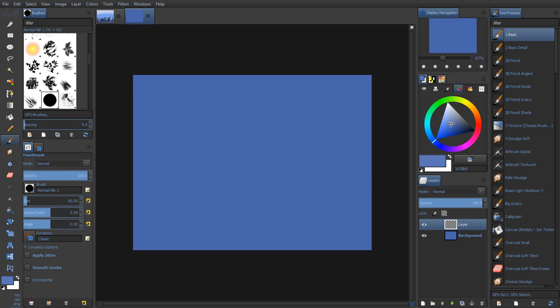Okay, I'm going to grab a lighter blue. I'm just going to crank up my brush size. And by the way, I have my hotkeys for resizing my brush set to F for bigger and D for smaller. And I have A and S set as my shortcut keys for opacity. So anyway, I'm going to go in here and I'm just going to quickly scribble in